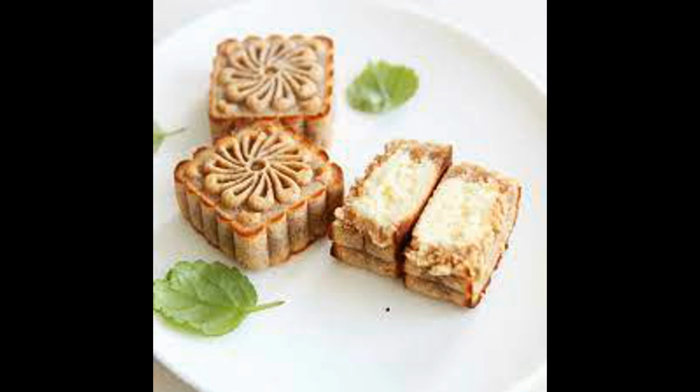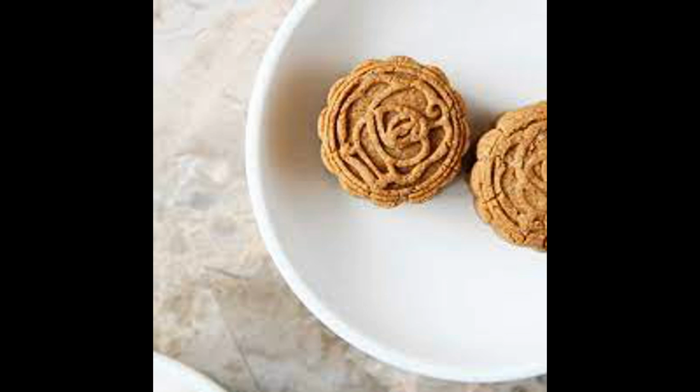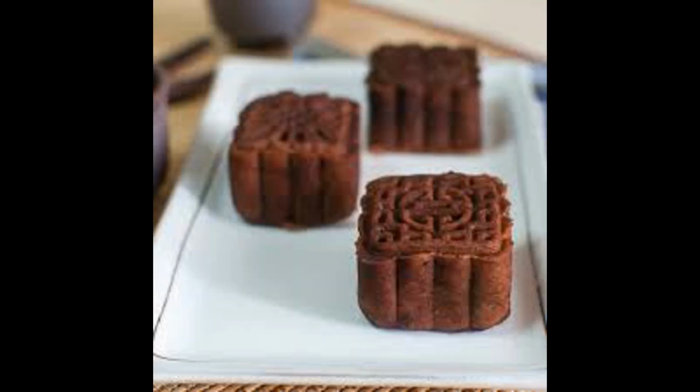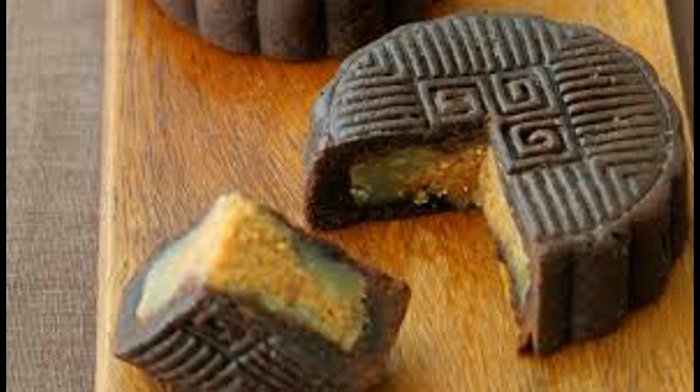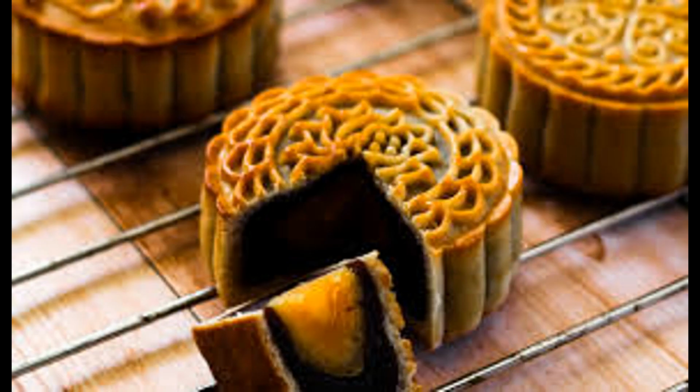The fudge filling is made with high-quality dark chocolate, condensed milk, and butter, resulting in a smooth and velvety texture with a deep chocolate flavor. These mooncakes offer a delightful combination of the traditional symbolism of the mooncake with the indulgent taste of chocolate. They provide a unique and luxurious experience for chocolate lovers, adding a modern and delicious twist to the Mid-Autumn Festival